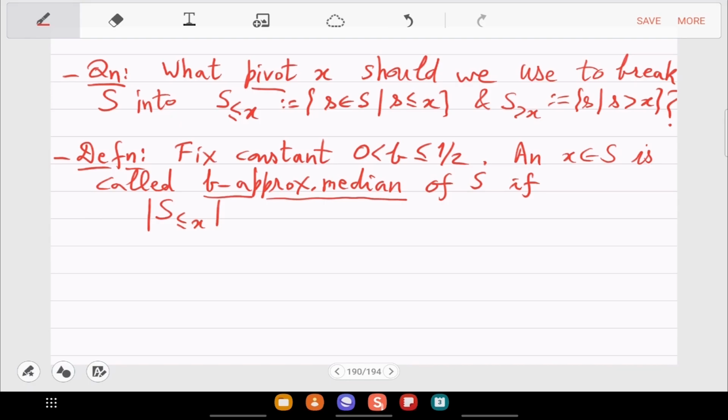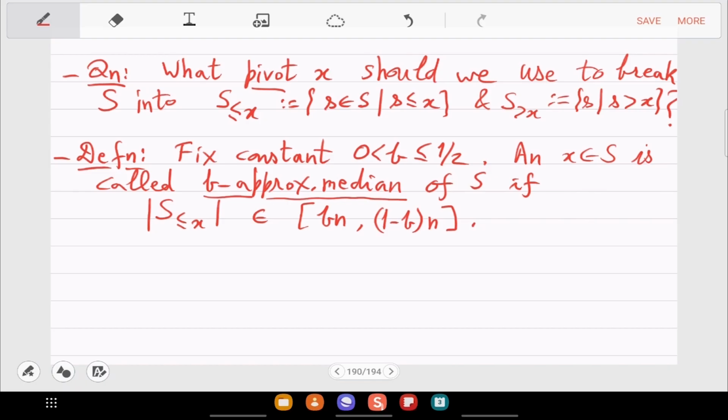What we still can try is, let's say, this size you want to be around n by 2, right? So between n by 4 and 3n by 4. So you want an approximate median. So for parameter b, we write this as: this size is between bn and 1 minus b times n.